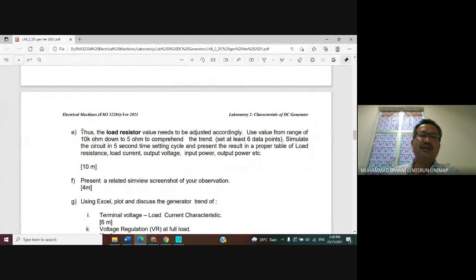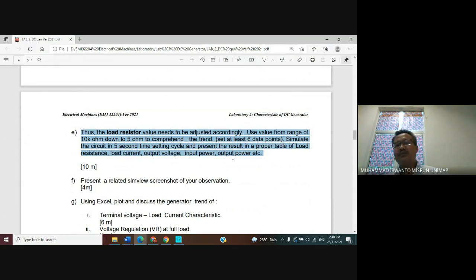And then for part E, the load resistor value needs to be adjusted accordingly. Use values from a range of 10k ohms down to 5 ohms to comprehend the trend. Set at least 6 data points. Simulate the circuit in 5 seconds time setting cycle and present the result in a proper table of load resistance, load current, output voltage, input power, output power.